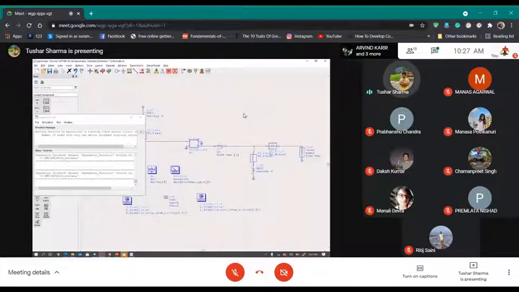So now your task is to come up with the stability network at the input such that your gain is as close to max gain as possible, but your mu is also greater than 1.